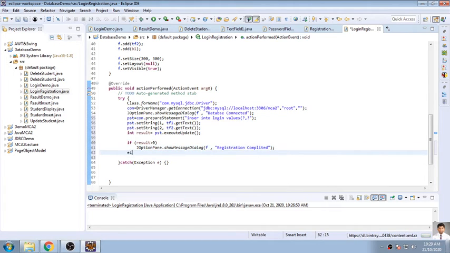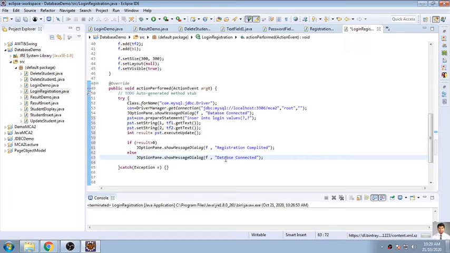Else you have to say: unable to register.